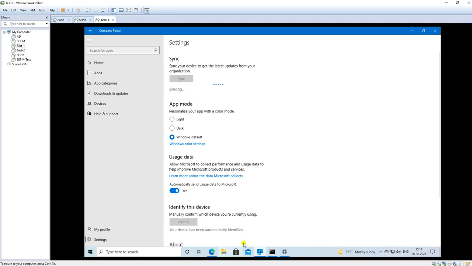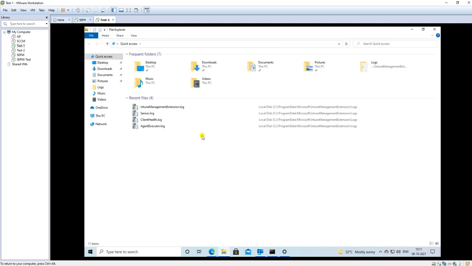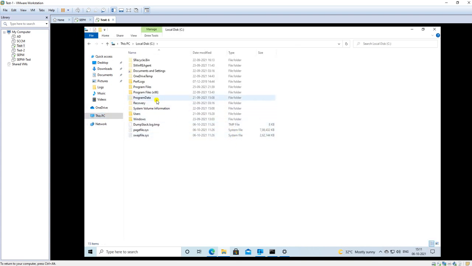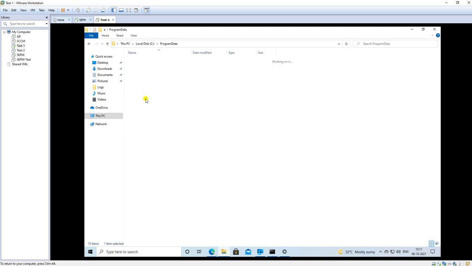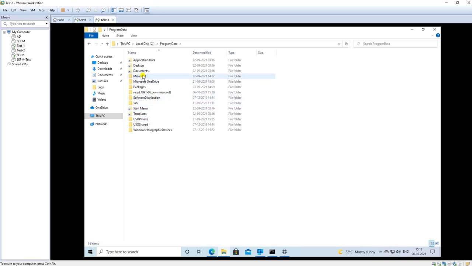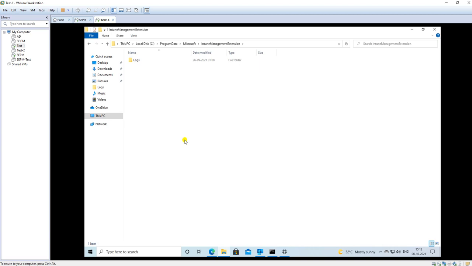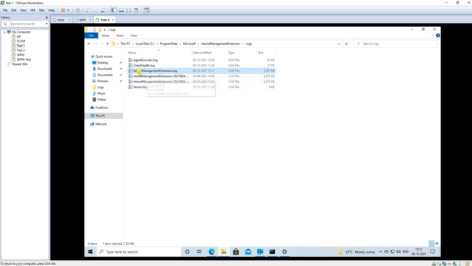Now the question is which log files we can check. So here you need to go to this computer, C drive. Then you have ProgramData, Microsoft, Intune Management Extension, Logs. Under the logs you will have this log, IntuneManagementExtension.log.